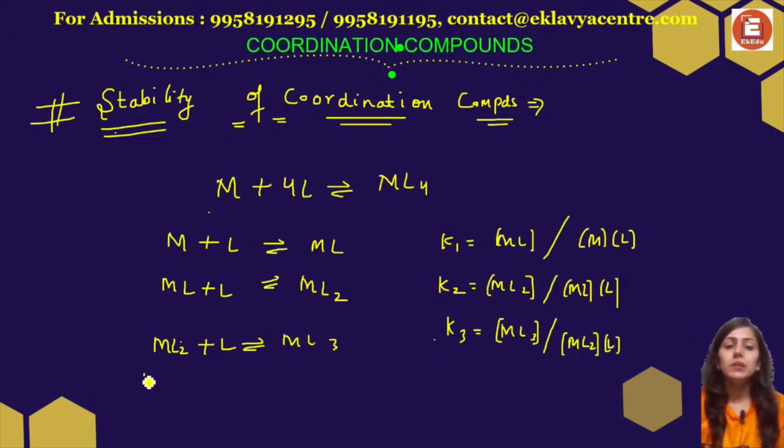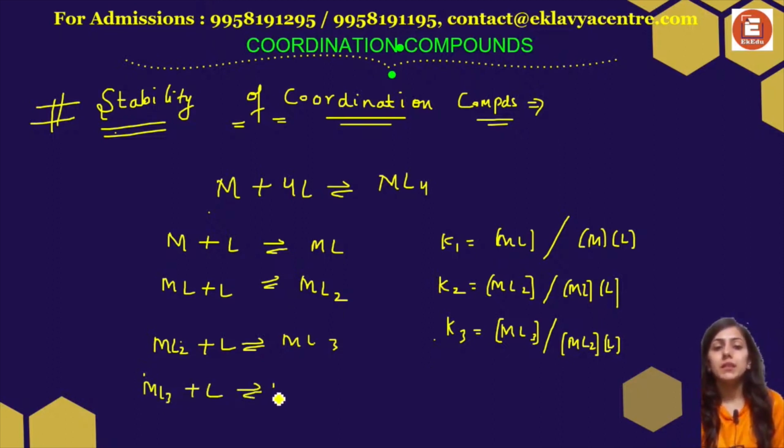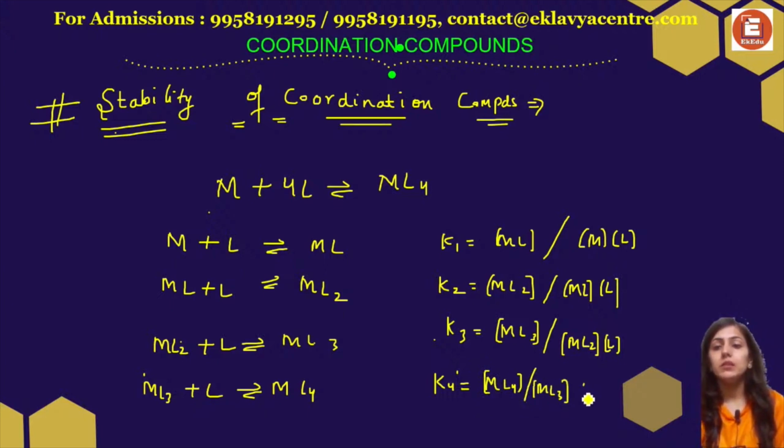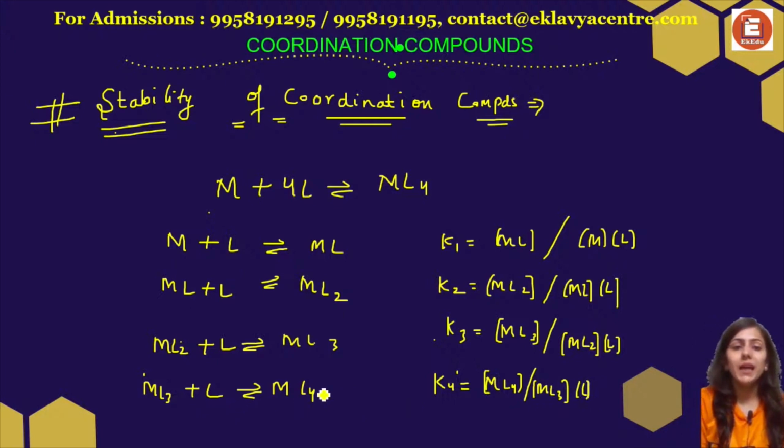And last we have ML3 plus ligand gives us ML4, right? ML4. So K4 will become ML4 by ML3 into ligand. Now if we simply add the 4 steps,